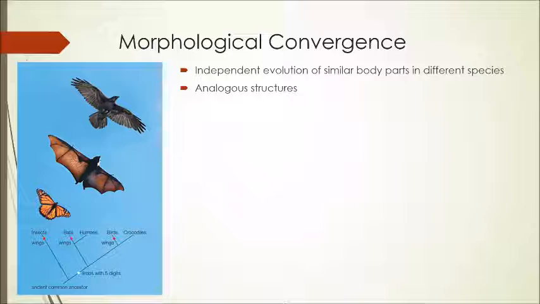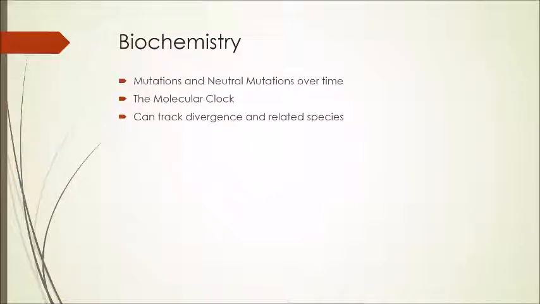But moving on from divergence and convergence, we get into our next bit here, which is biochemistry. What we're going to be talking about is the molecular clock. Over time, mutations will occur to modify a genome's DNA sequence. This just happens over a long period of time. Small little mutations. Of course, some mutations will have effects on a species' survival, but sometimes a mutation has no effect at all. It doesn't do anything, or negatively or positively impact. It just happens. And these mutations are considered neutral mutations. And this is what the molecular clock references: